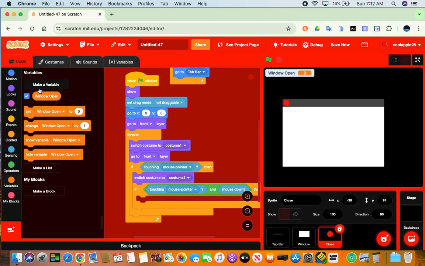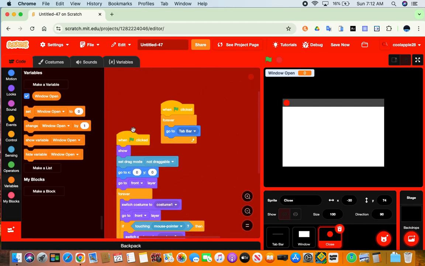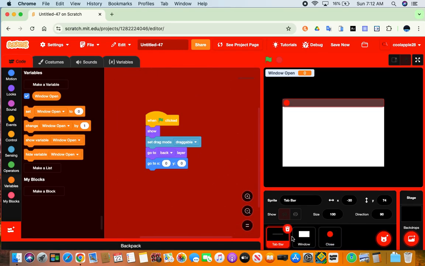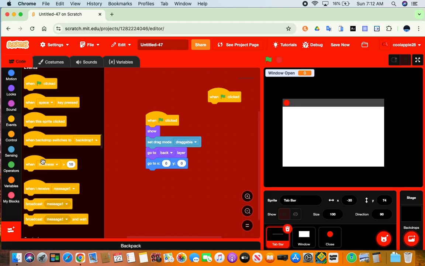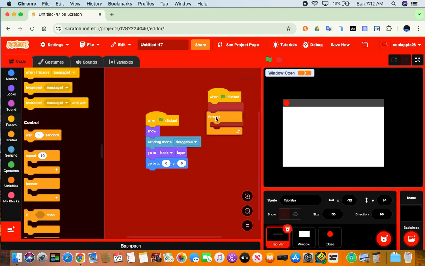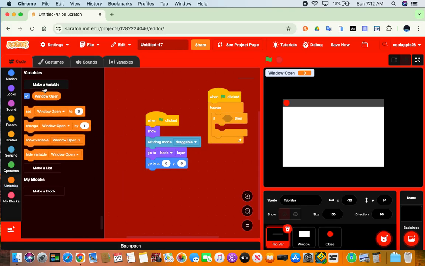Okay. Then we are going to want to do if then forever loop, or if then window open